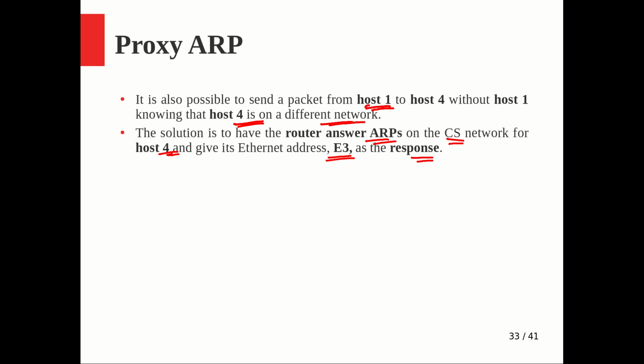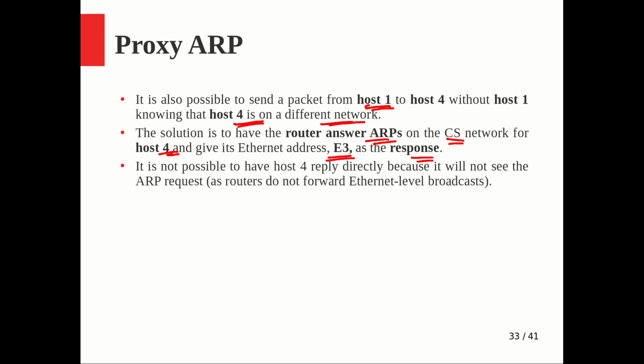Whenever the router gets it, the router will decide whether it is on the same network or on a different network. If it is on the same network, the router will keep silent because someone else will reply with that ARP reply. But if it is on a different network, the router will just reply with its own MAC address. So it is not possible to have host 4 reply directly. Definitely host 4 is not going to reply, don't think in that way,